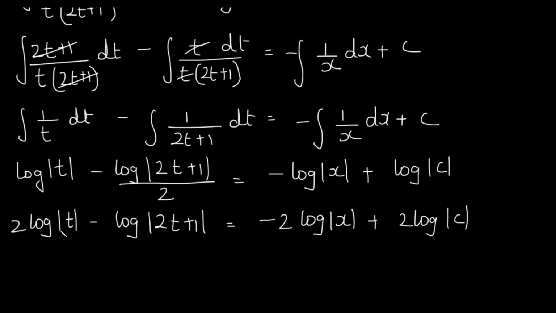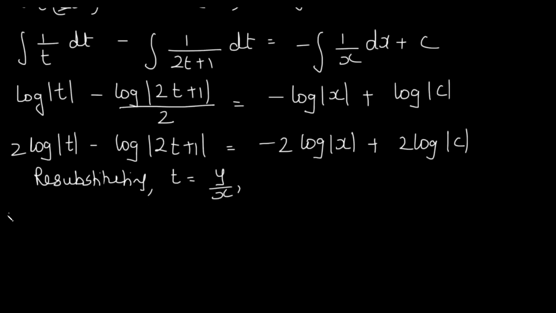Now remember, we had substituted t, isn't it? We had substituted y as t into x. Okay, we had substituted this way. If you remember from the beginning of the sum, we had put y is equal to t into x. So we resubstitute, we put t as y upon x in this case. So resubstituting, that is t is equal to y upon x. Wherever t is there, let us put it as y upon x.